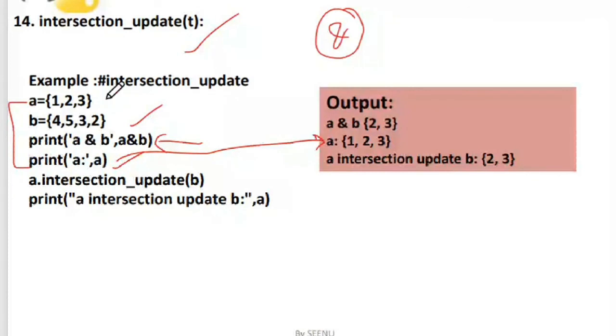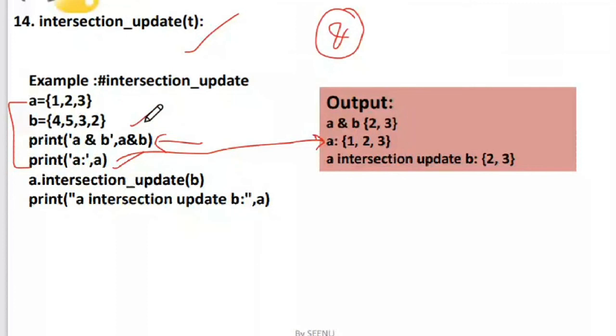It just made an operation and gave the result to you. You can also put this result into another set. But here I didn't want to keep it in another set. I just have used the print statement and printed it on the screen. But no modification to the sets A and B was made when I performed an AND operation over here.